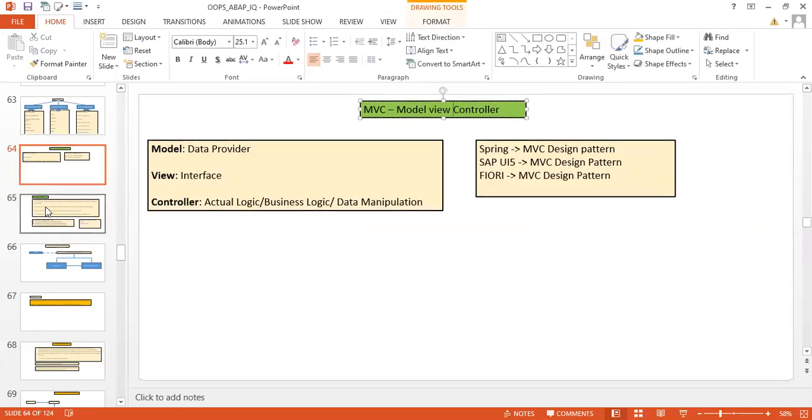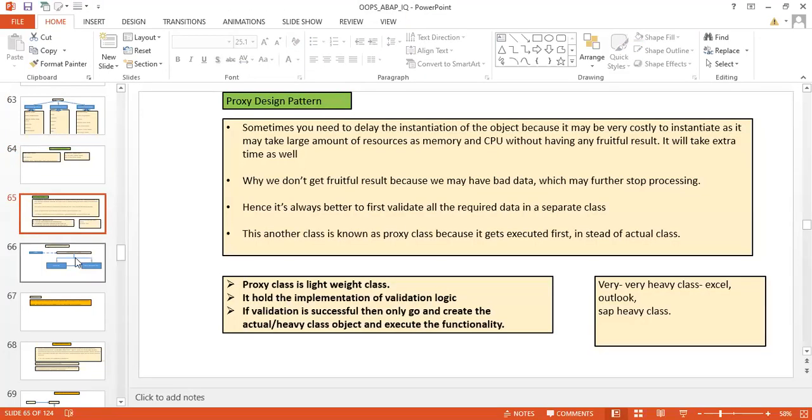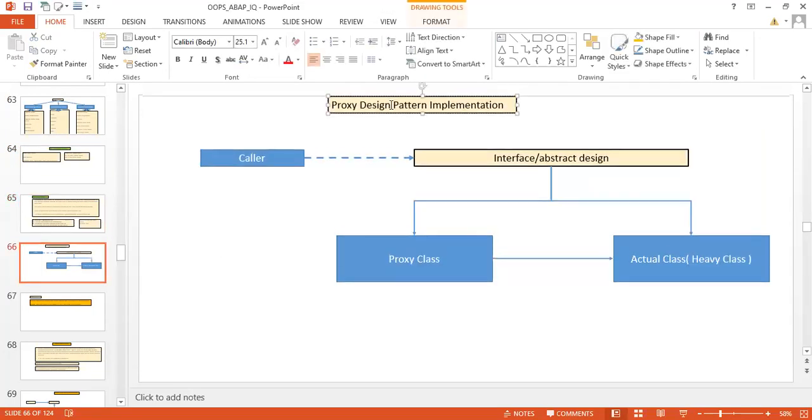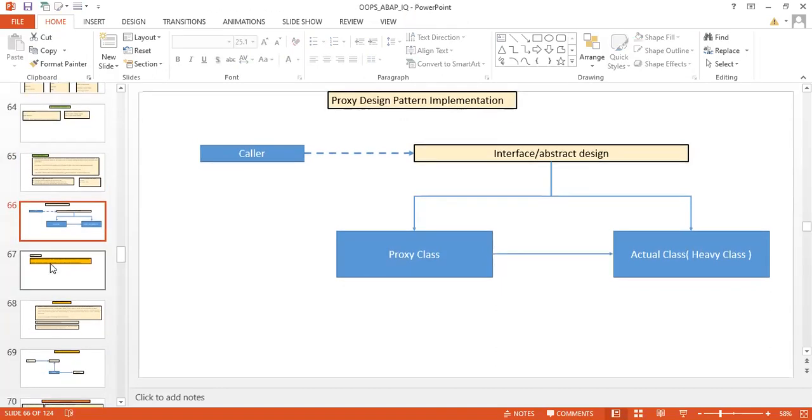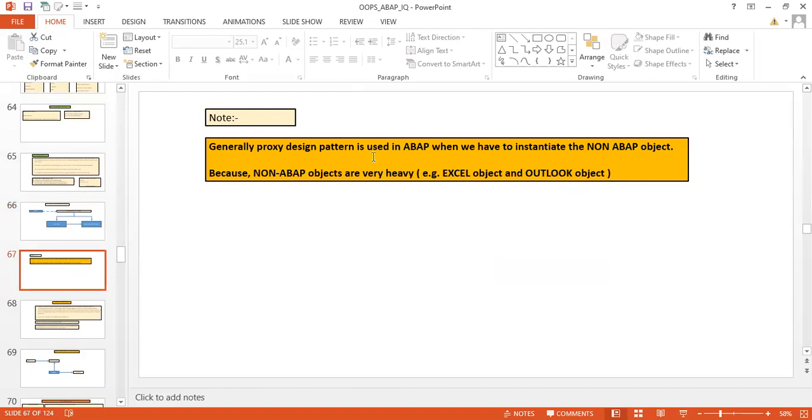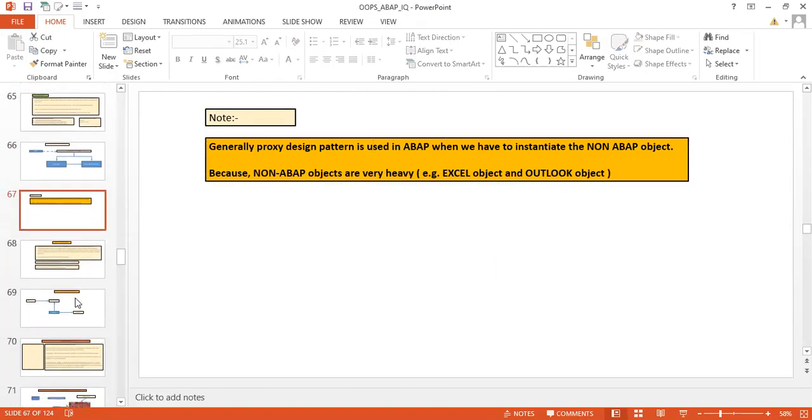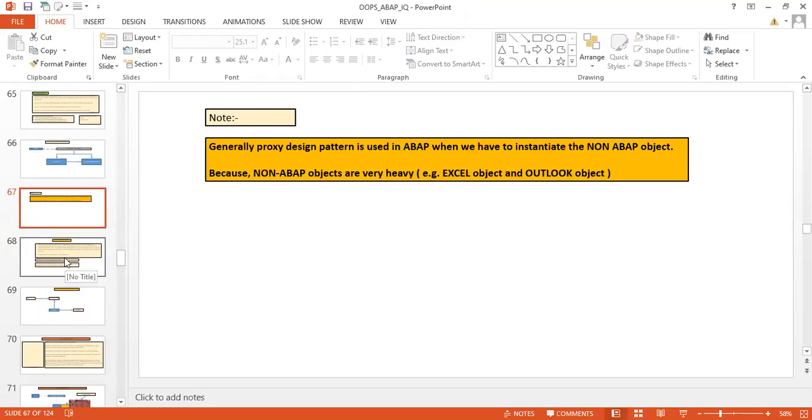We saw the MVC design pattern, we saw the proxy design pattern, and how we can implement the proxy design pattern in just a summarized way using the interface. Then we understood the importance of the proxy design pattern, why it is required. So one example is here, right?